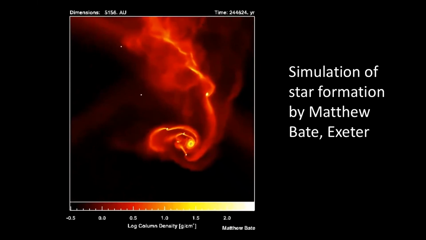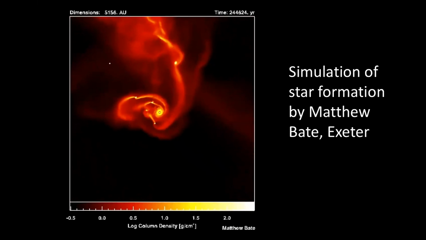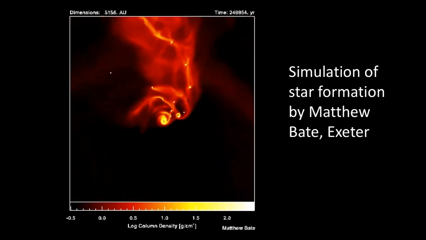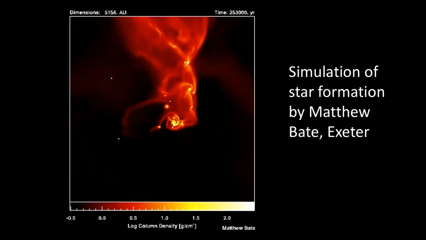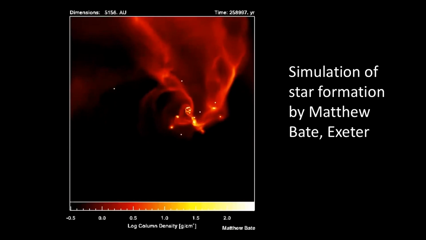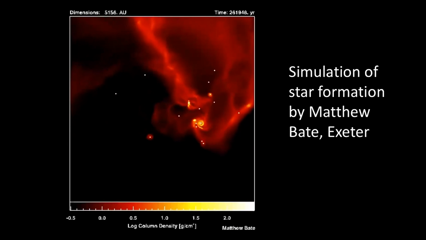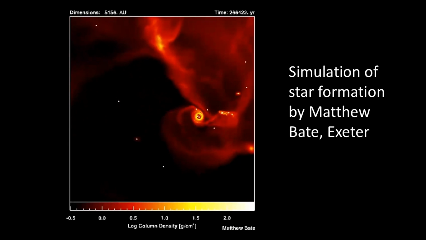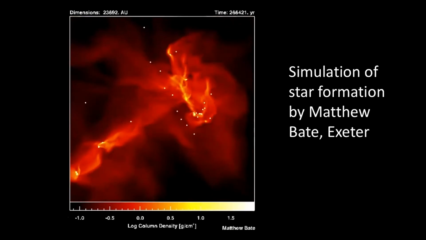Haven't finished yet. If you notice in the top right corner, it's the time in years. It's 250,000 years have just elapsed. So if this really is a good analog for the formation of those stars forming now, if this is a good analog for the formation of the solar system,